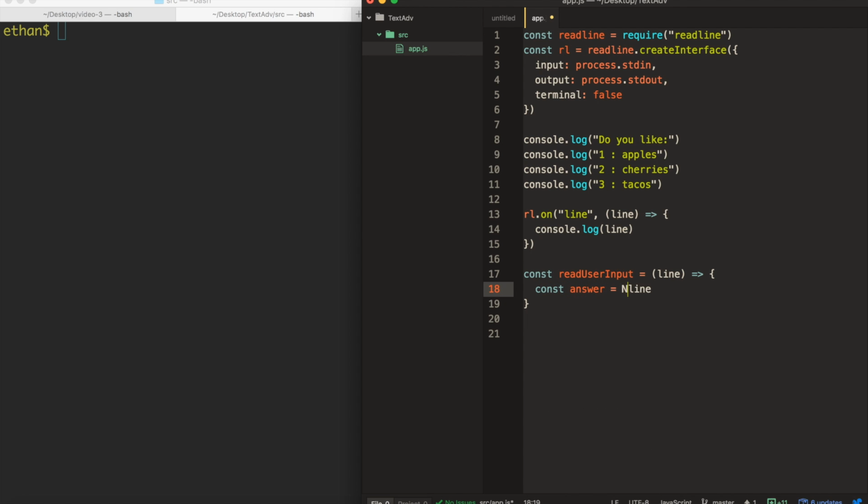And then on this, we can do const answer equals number. It's going to take in a line. Let's just say it's 1 or 2 or 3. And if it's a string or something that it can't turn into a number, then it's going to become NaN, not a number. That's what it'll end up evaluating to. So what we can do after that is say, okay, if answer